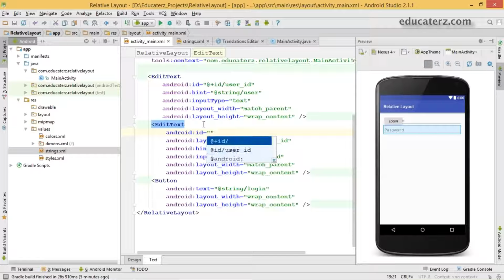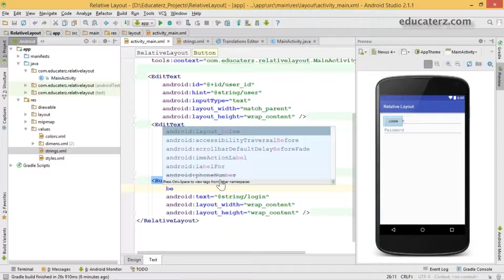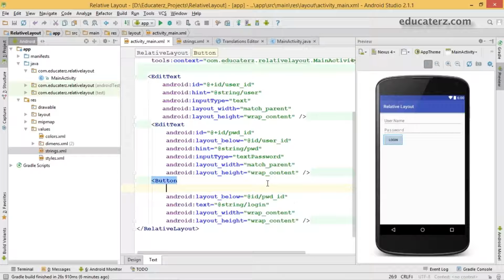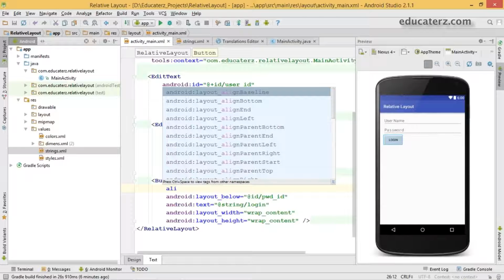At the rate plus ID, I'm going to take it as pwd underscore edit. Now this button is going to be below your pwd ID. Save this. But I want this button to be on the right side of the parent. So you can take the parent into consideration, align.